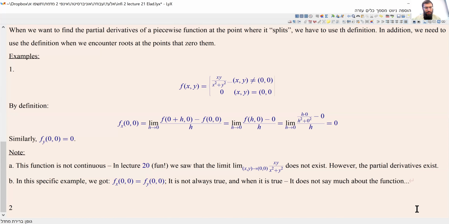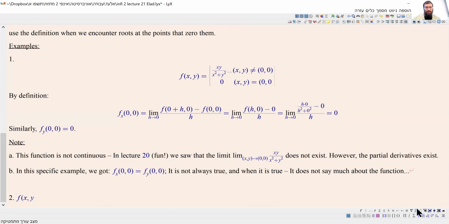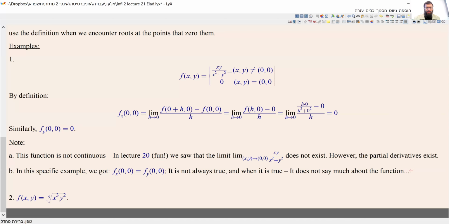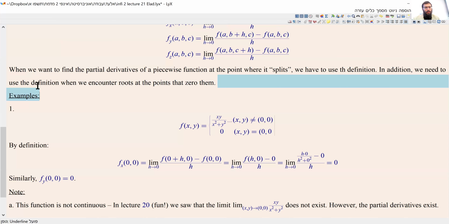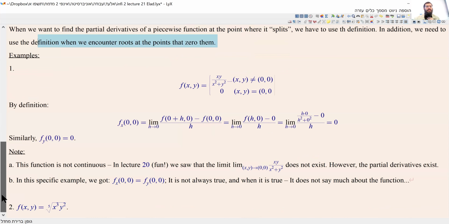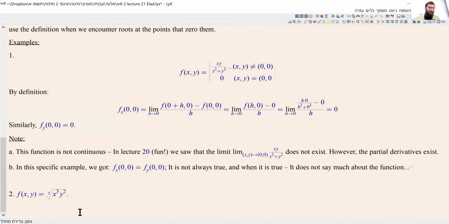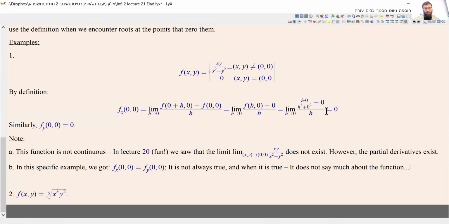Okay, for my second example, let's consider some square roots. And it will be 0 as well, so it's probably boring, but it's a good example. We'll use it later on. Let's say the fifth root of x cubed y squared. Why should we use the definition when it comes to roots where the point is zeroing the root? Because if I try to find the derivative using the rules,